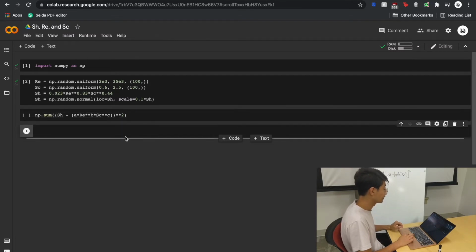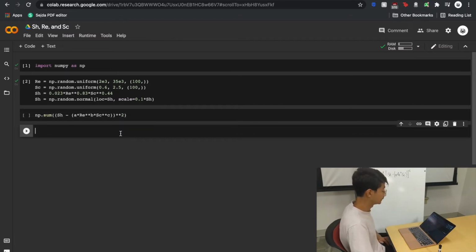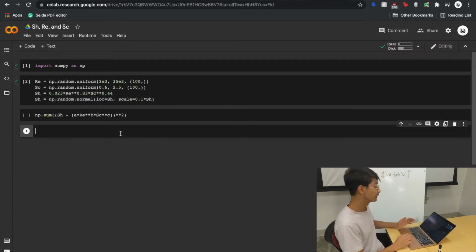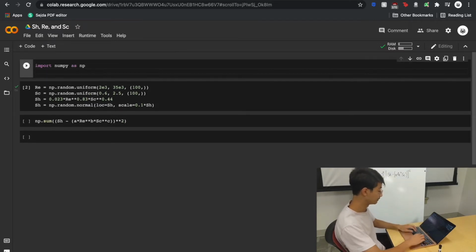I'll just open another cell and let's see. The way to actually find the minimum from a certain amount of values is using the SciPy optimize minimize function. So let's go ahead and import the minimize function first. I'm going to say from scipy.optimize